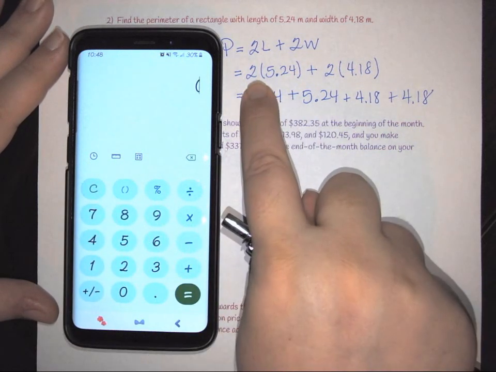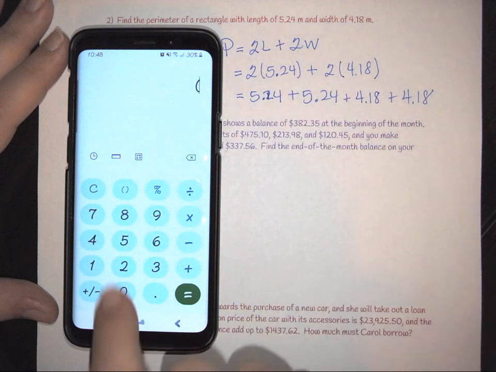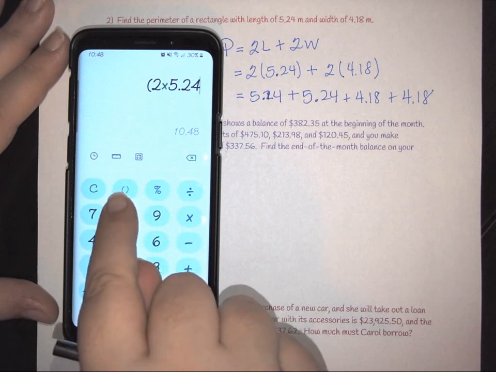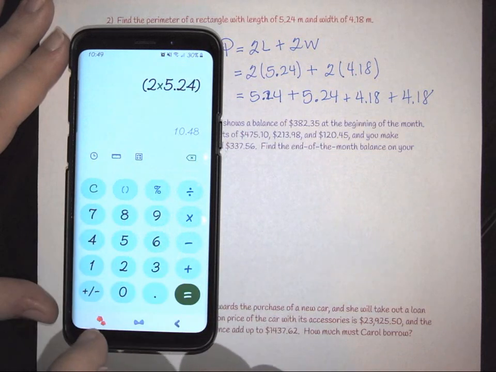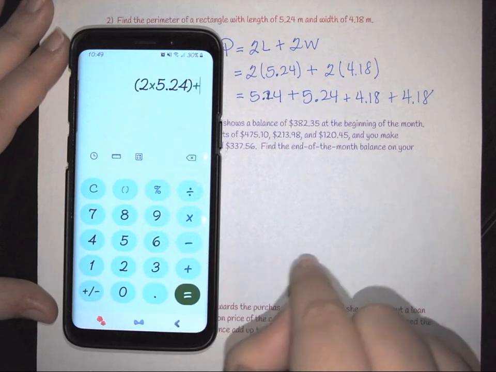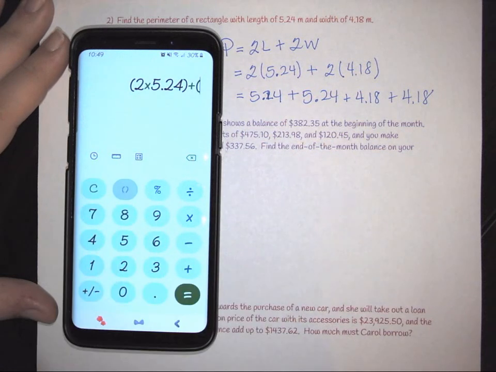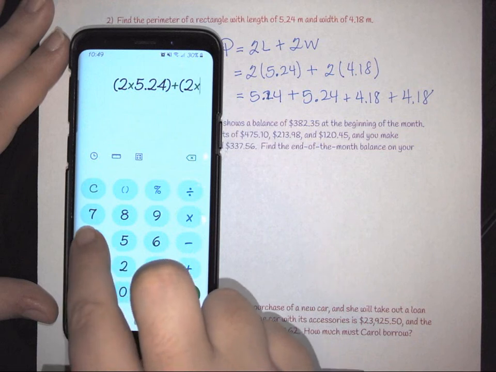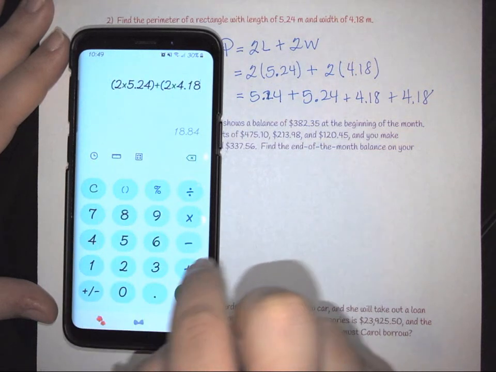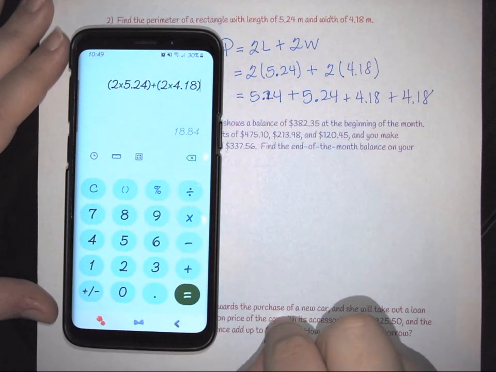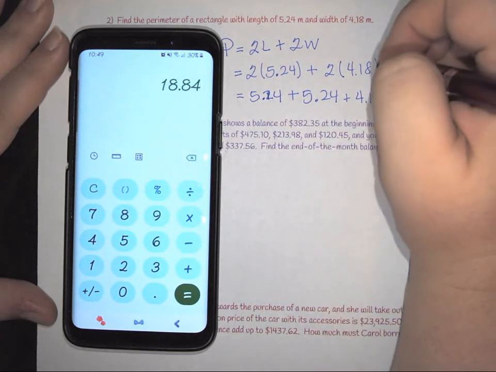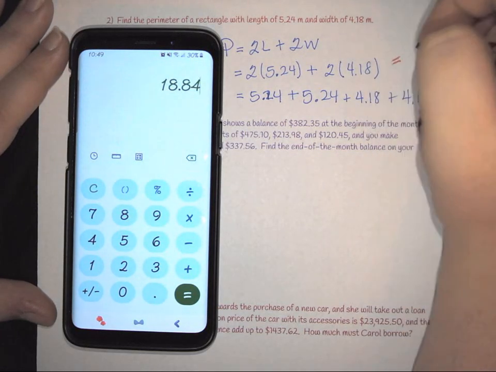And then we have 2 times 5.24. So this is 2 times 5.24. Then you want to hit that button again to close it. And we're going to add this to the next one. So we have to reopen your parenthesis and have 2 times 4.18. Again, we're going to close it. And we'll hit enter. And so here we are told that your perimeter is going to be